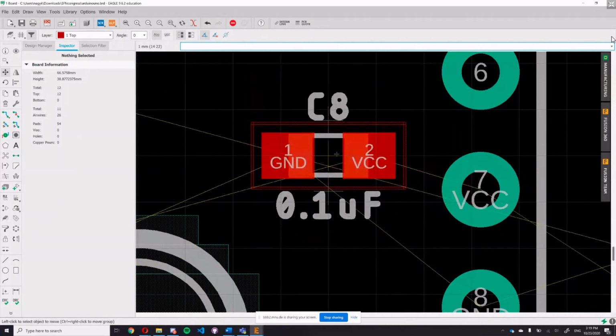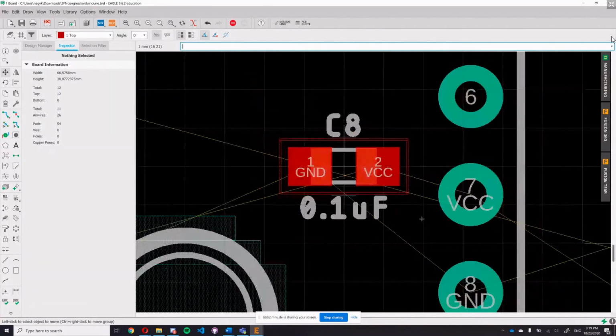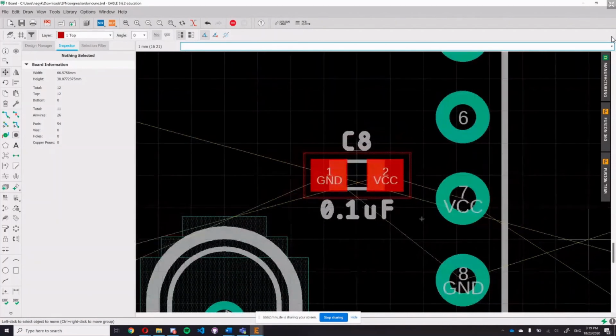There. So you also have similar tools here, like move and rotate, but here, since you will be doing a lot of moving, rotating,